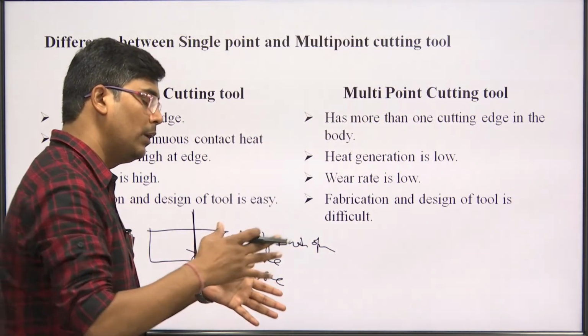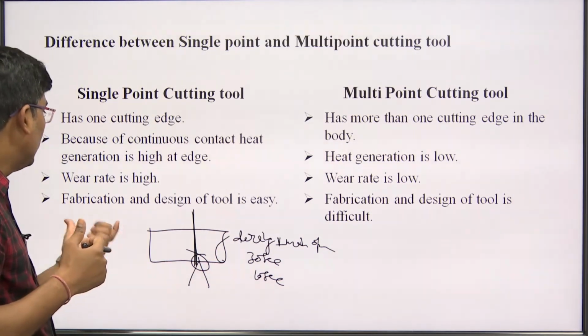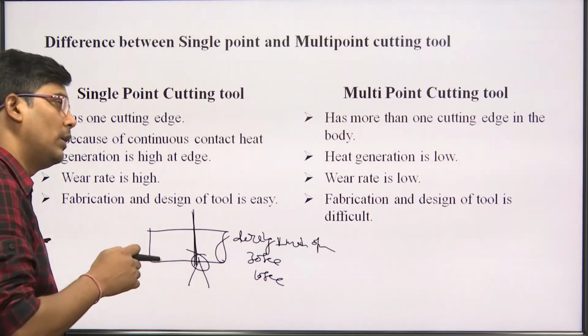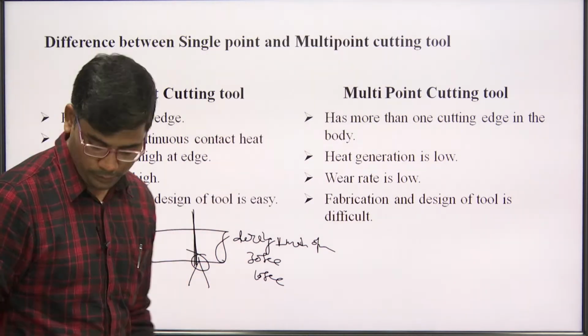और मल्टीपल पॉइंट कटिंग टूल में क्या होगा कि टूल वियरिंग कम होगा और टूल लाइफ ज़्यादा मिलता है। ठीक है, और डिजाइनिंग पॉइंट ऑफ व्यू से अगर हम डिस्कस करें तो सिंगल पॉइंट कटिंग टूल का डिजाइनिंग एंड टूल ज्योमेट्री जो है टफ होती है एज कंपेयर टू मल्टीपल पॉइंट कटिंग टूल।